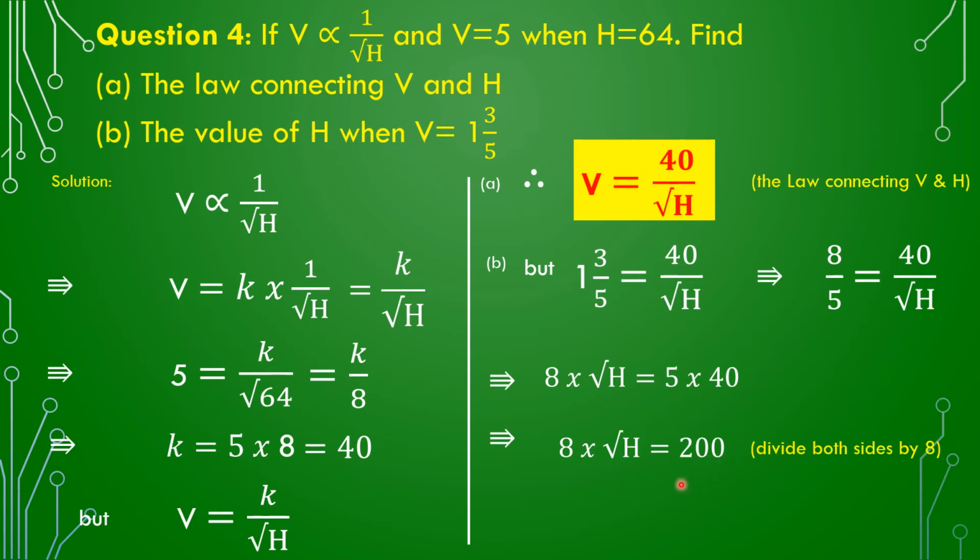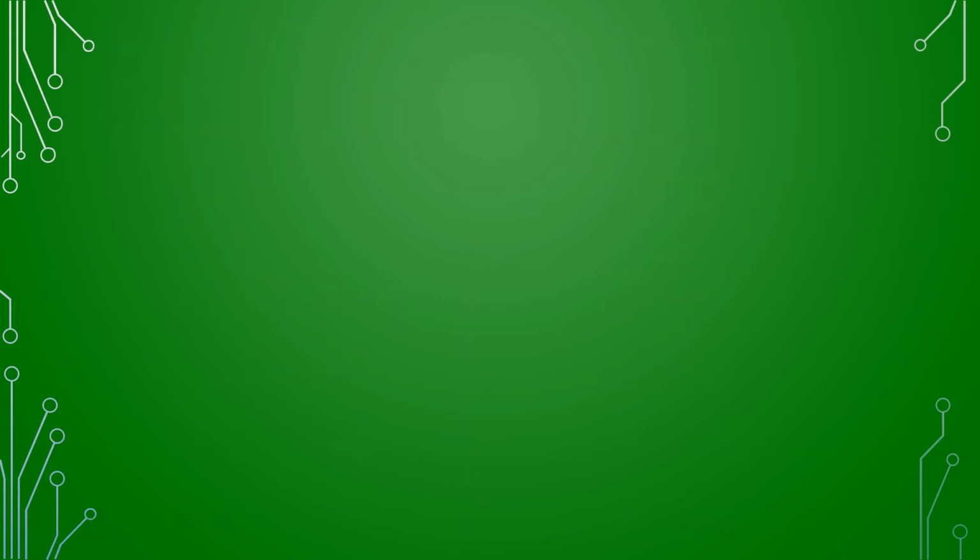200. Now, we want H to be alone. What do we do? But 8 is attached to H. So we divide both sides by what? 8. Dividing both sides by 8 gives us that the square root of H is equal to 200 divided by 8. So we continue. If the square root of H is equal to 200 divided by 8, it simply means